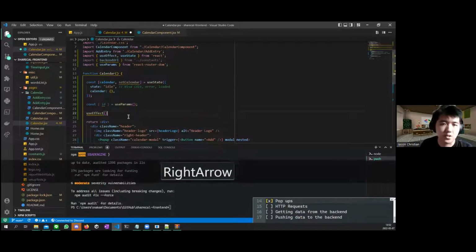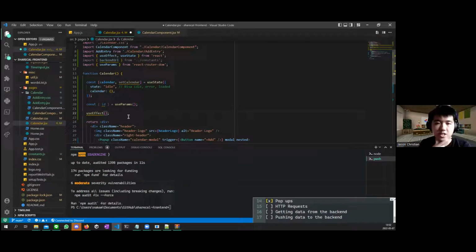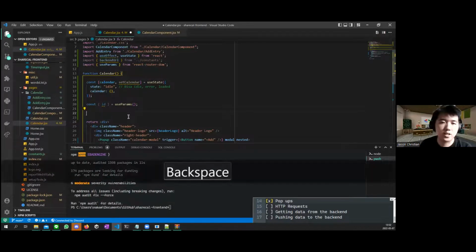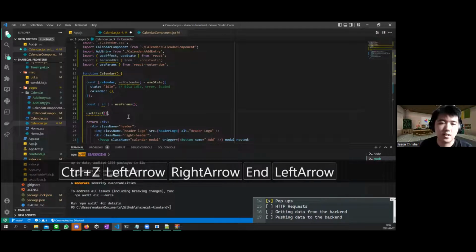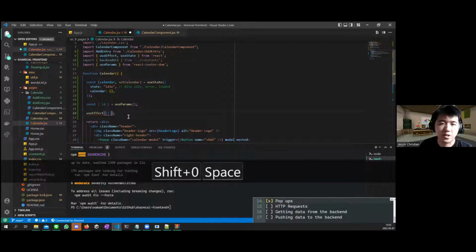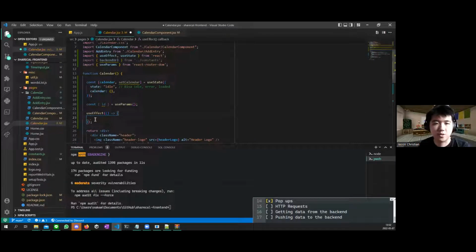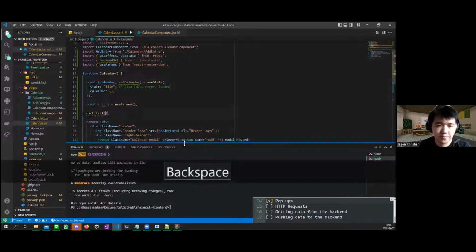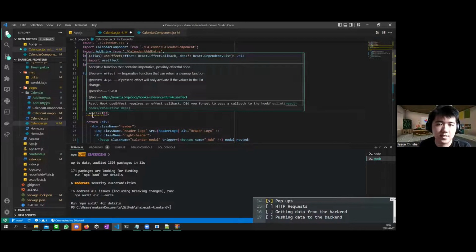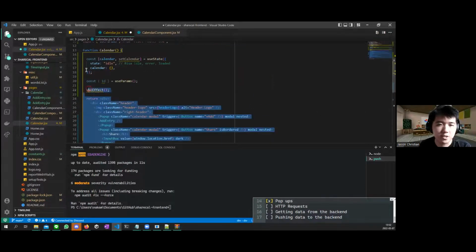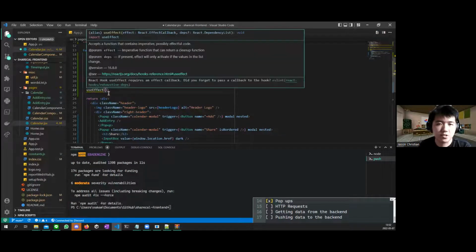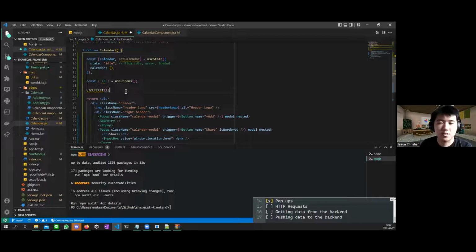So here, if you want to do an HTTP request, you cannot just do it here. You have to do it in the useEffect hook. So what is the useEffect hook? What this does is when you render this component, everything that is inside this useEffect hook will only run once. So even if you render the component multiple times, the function that you place in useEffect hook will only run